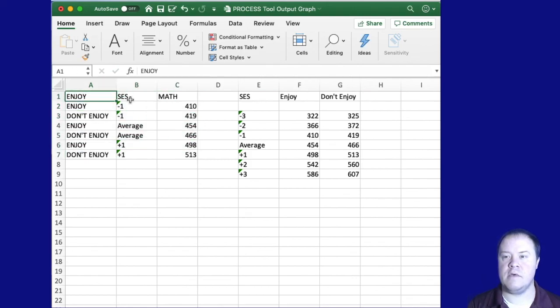There was enjoy math, SES, and math scores, and enjoy and don't enjoy were not separate columns, but they showed different math scores for each different level of the enjoy math and each different level of SES. So if we want to put this in a line plot in Excel, we have to change the format a little bit. So you can see here what I did is, if you think about this and separating that into 2 columns, enjoy and don't enjoy,